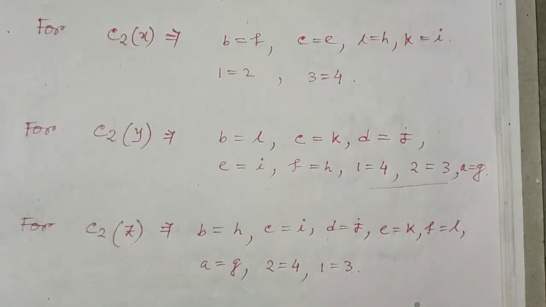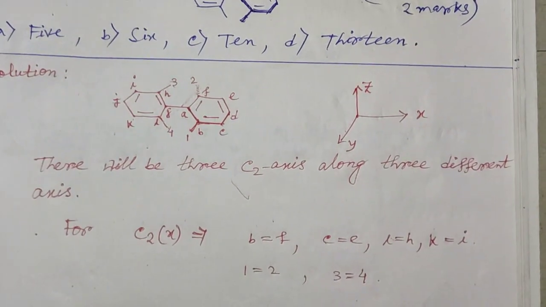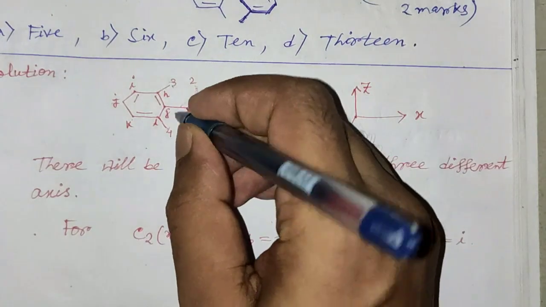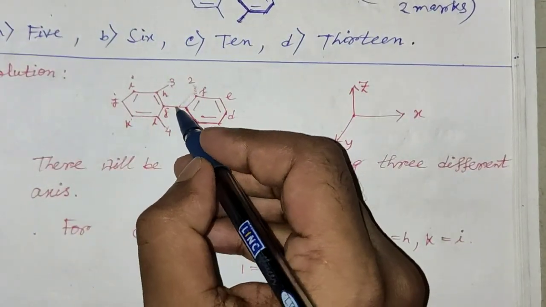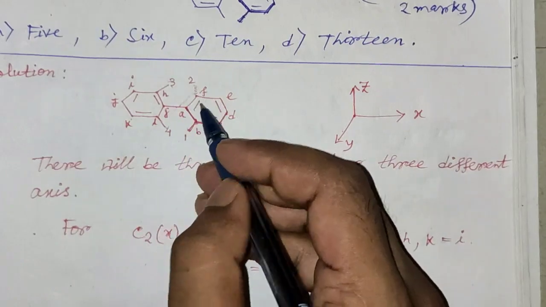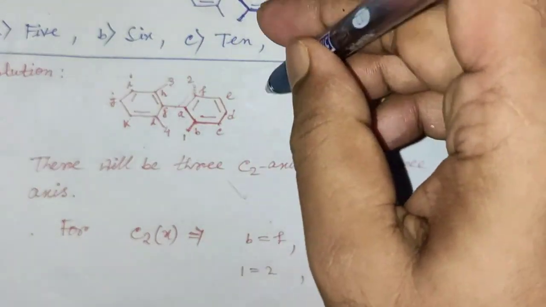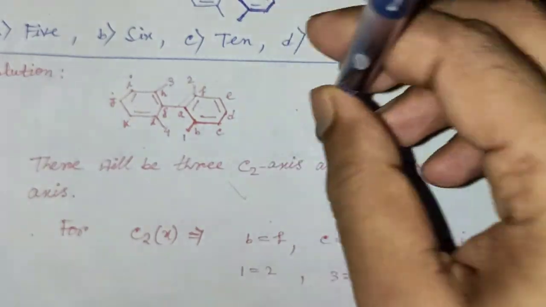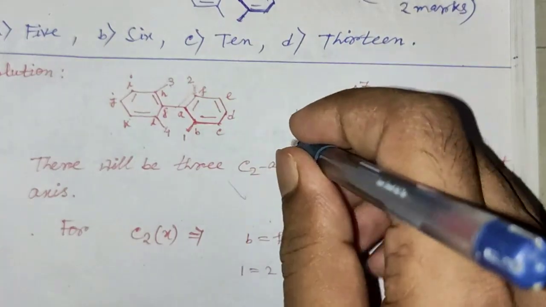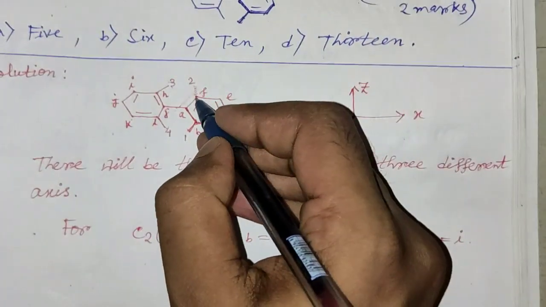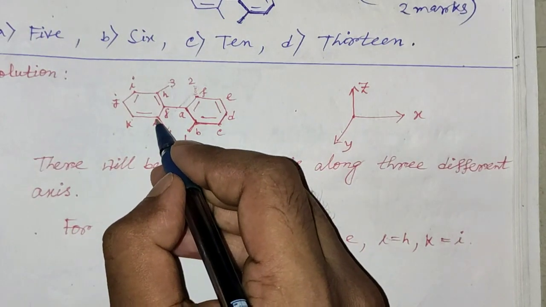Now we have to consider the C2 axis along the Z axis, that is perpendicular to the plane. If you rotate the molecule along this C2 axis, along the Z axis, from above the plane, you will see that this F carbon will be equivalent to this L carbon,